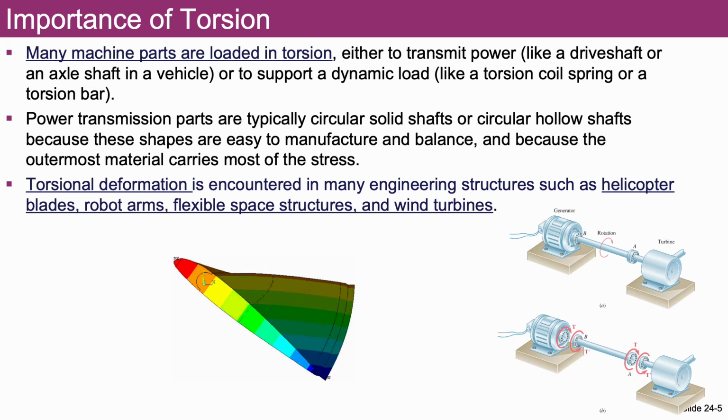For this reason, it is very important to understand and evaluate the effect of this torque on this circular shaft, and for example, what would be the angle of twist? What would be the effect of torque acting on this circular shaft? And today we will learn to evaluate and understand the effect of applied torque to the circular shafts. For this reason, torsion is a very important topic in engineering structures, for all kinds of engineering structures that you can encounter.